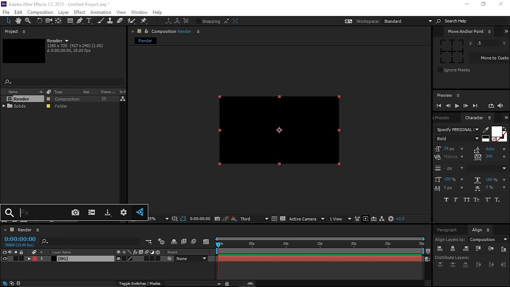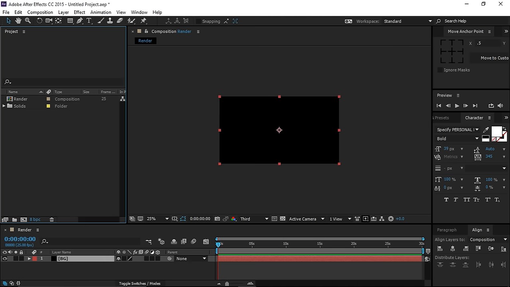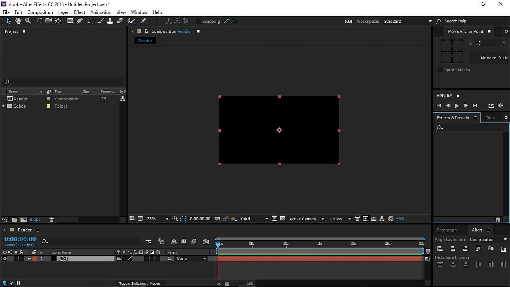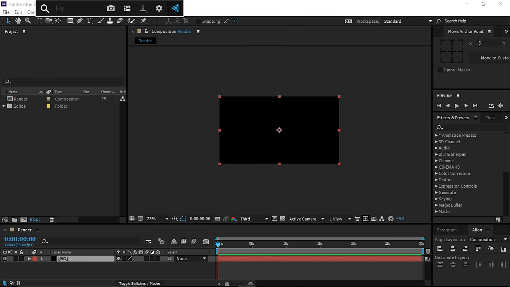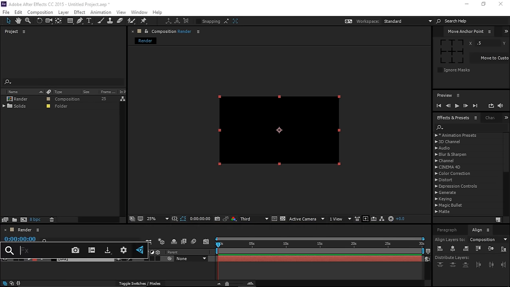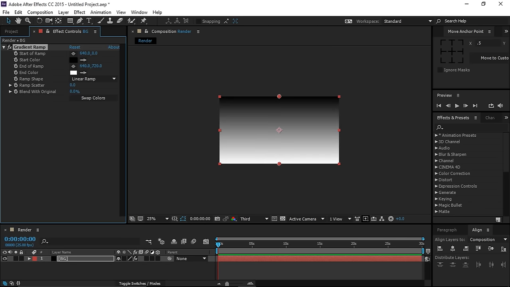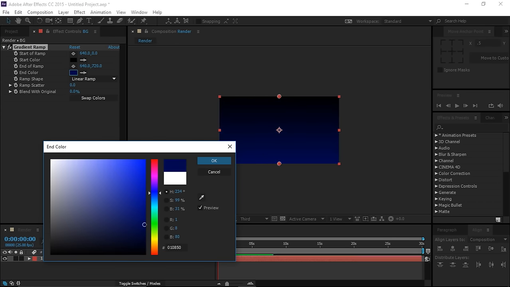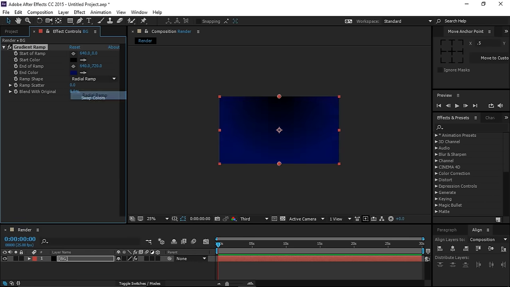At first we are going to add an effect. We can go to our effects and presets, or you can do one thing. You can go ahead and download an effects pack from Video Copilot. It's a free one. You will get a shortcut while you press Control and spacebar. At that time you will get to see this type of thing, and you can type gradient ramp over here by selecting the layer. Sorry, gradient ramp, and let's change the color to blue. So dark blue. It's a radial ramp, and